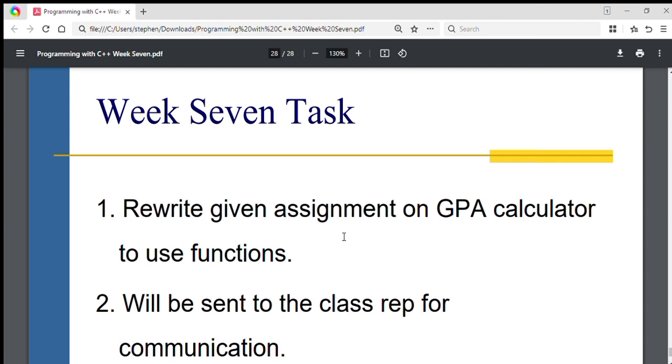So let me summarize everything for you as we are ending our session. We covered what functions are and why they are important, how to declare and define functions, the parameters, argument, and